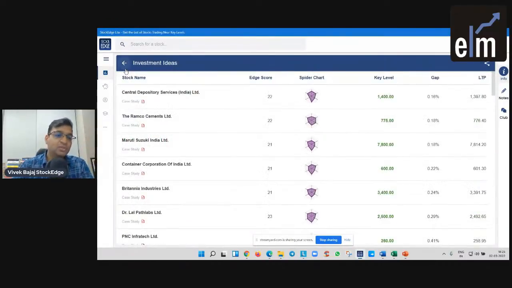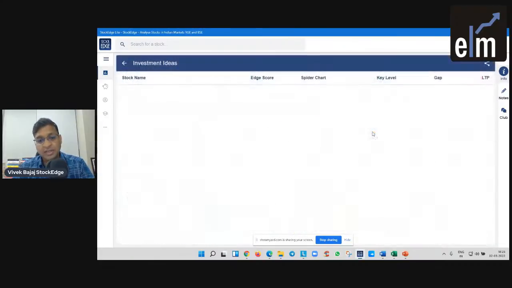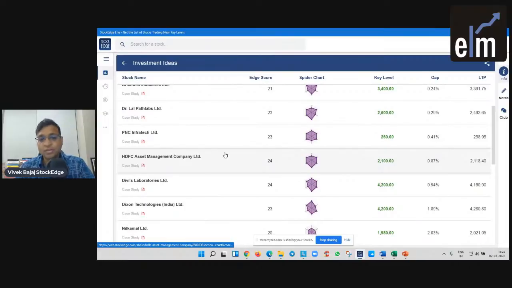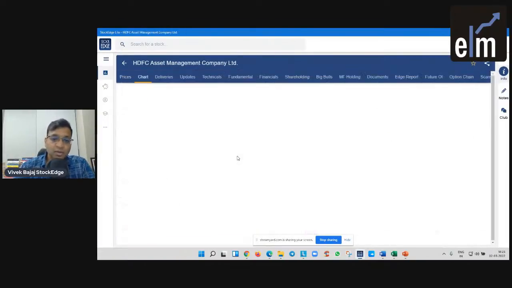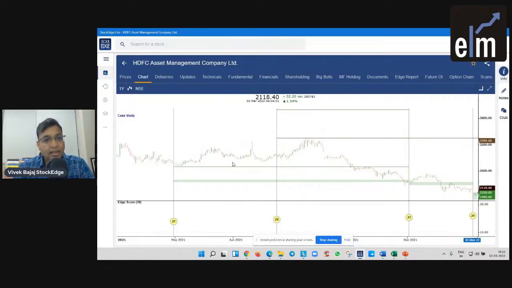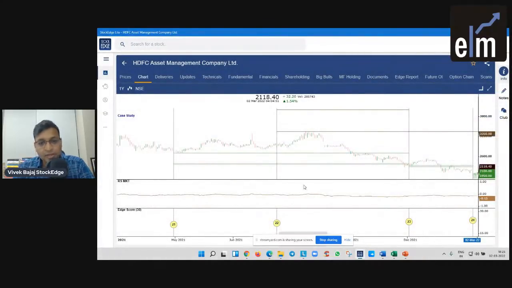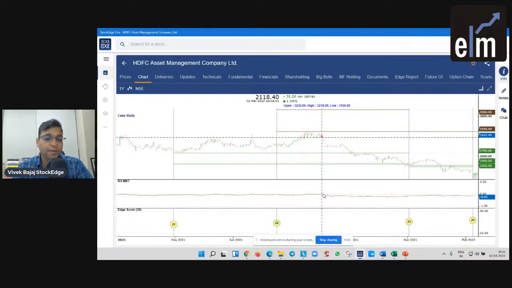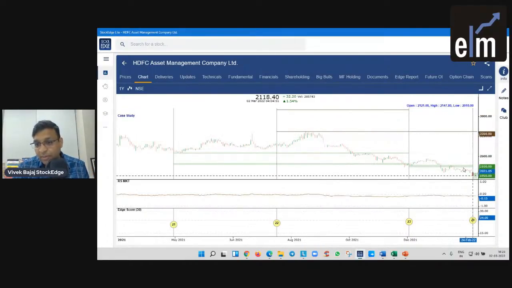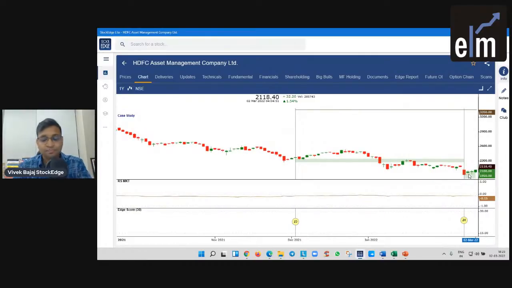So what we have done in StockEdge, especially the investing idea section, is that we have worked on companies, and we are constantly working on more and more companies. Let, for example, one more company, say SDFC Asset Management Company. So from a momentum perspective, let's save it. From a momentum perspective, the stock has been an underperformer for a long period of time. This is since 27th of September 2021. But from a value perspective, you see the stock is available at a buying zone. Again, not a recommendation.